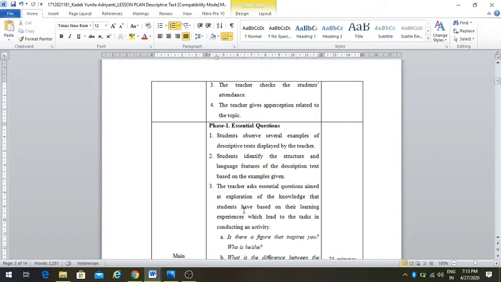And then the third one, the teacher asks essential questions that aim at exploration of the knowledge that students have based on their learning experiences, in which this essential question will lead to the task in conducting an activity. The teacher can make several questions like, is there a figure that inspires you? Who is he or she? If no one can answer the question, the teacher can give a clue like